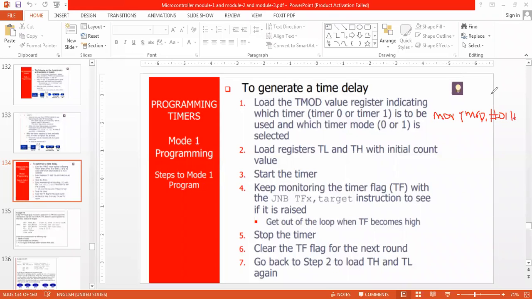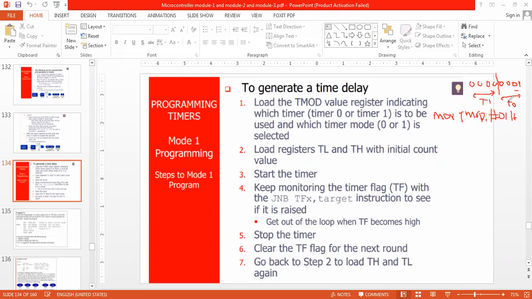See, what is 01H? 0000 0001. Divide this into two halves. This is timer 1, and this is timer 0.